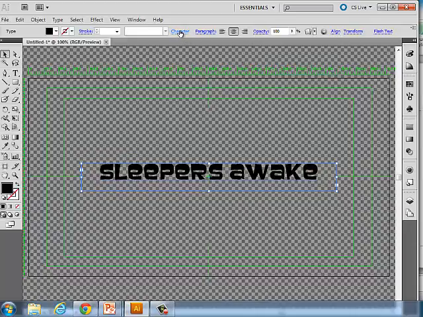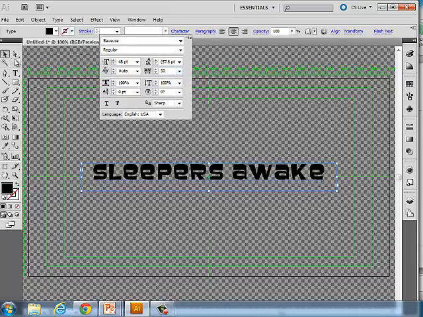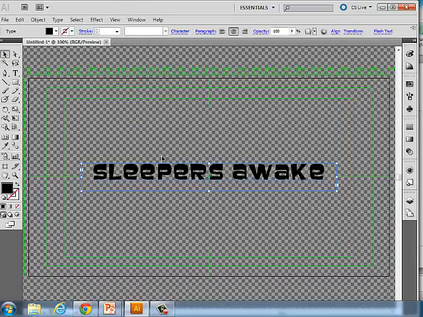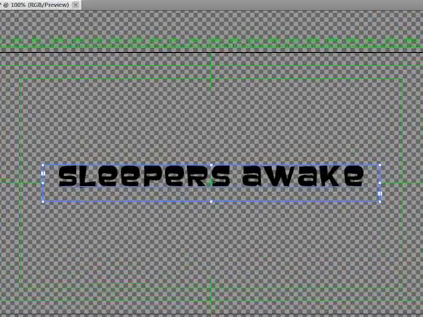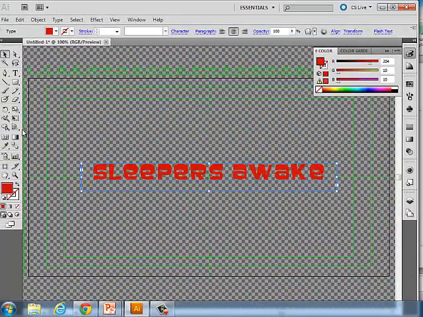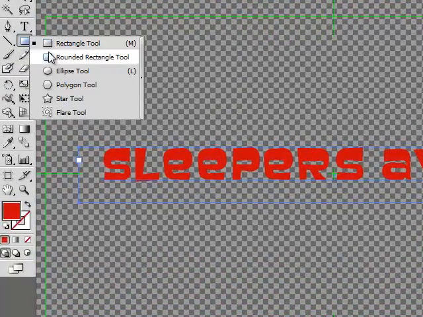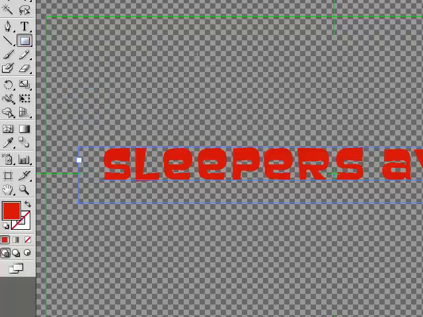And I'm going to add some spacing to my letters because I'm going to have some effects that are going to make this tougher to look at or read. So as always, legibility is first and foremost, and I want to be able to add some, the zombie film. I'll change the color to a deep red, which is kind of gory if you're thinking about it. And what I'm going to do next is create some basic shapes and designs. So let's just take a rectangle tool, and if I make a rectangle,